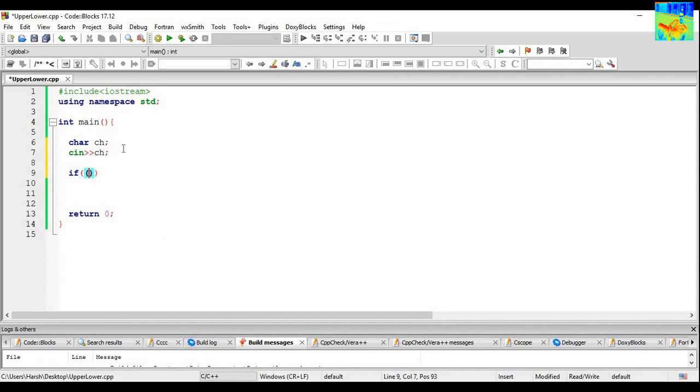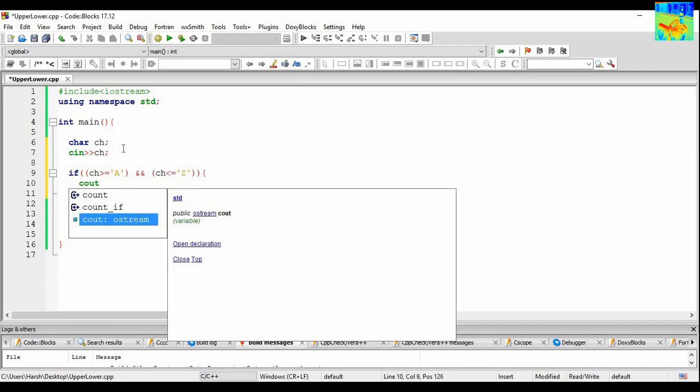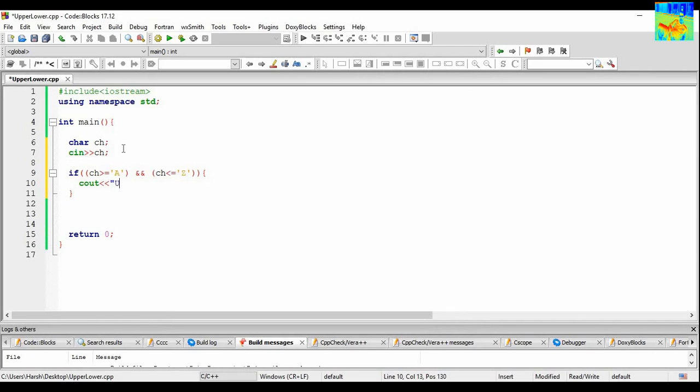So if my character is greater than or equal to capital A and my character is less than or equal to capital Z, I can say cout uppercase, endl.